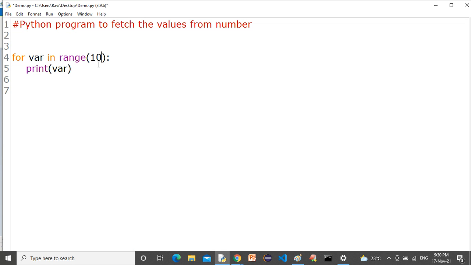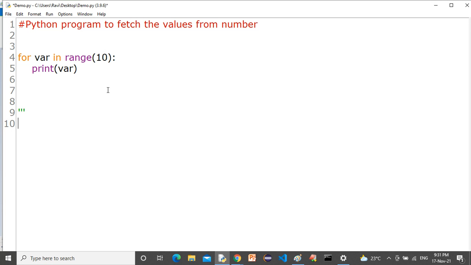Actually, range function can take three parameters. Now I am passing only one parameter, range 10. If you're passing one parameter, then what will happen?